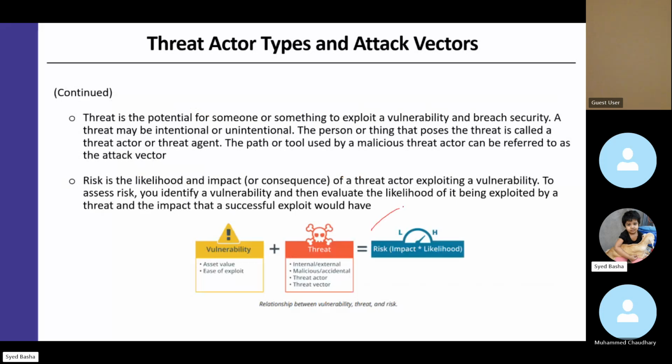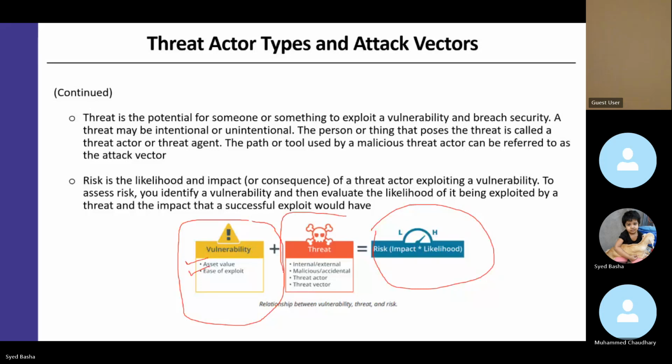So here it can give you a clear picture. See this? What does risk mean? Vulnerability: you have a weakness, it could be in your hardware or software, plus a threat. Some threat exploiting the weakness or the vulnerability on the system is equal to risk. Is it clear? Okay, now you know what vulnerability is.